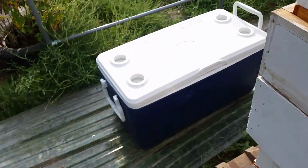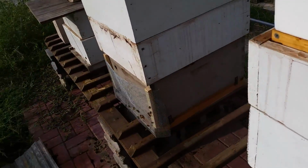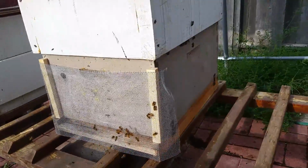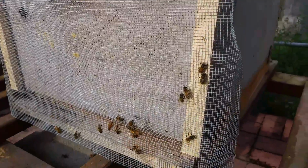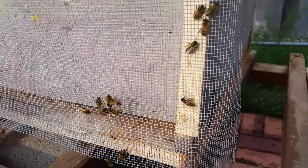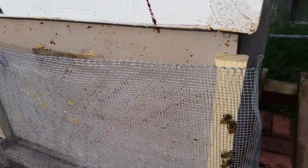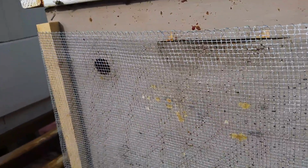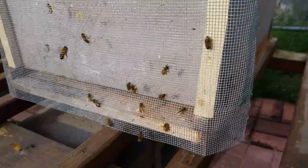But I don't want to get robbed this year, so as far as I understand, that's how you're supposed to build a robbing screen. It's built with a 1/8 inch wire mesh, and the reason I went so high is because I got a hole over there and the entrance here,